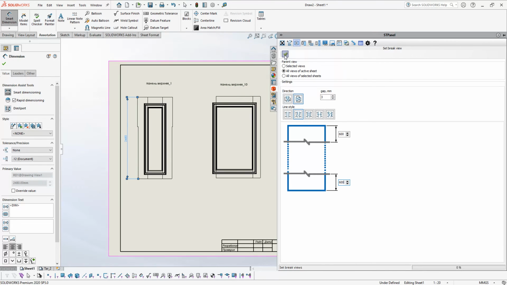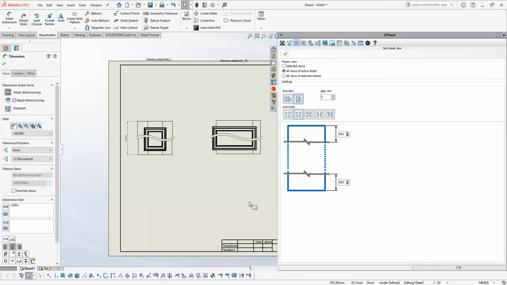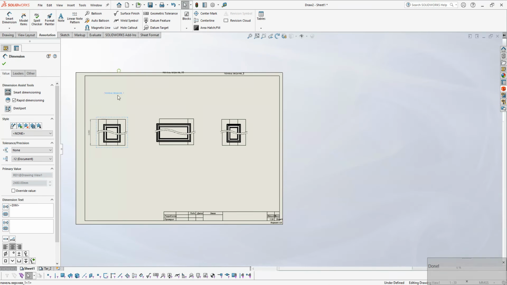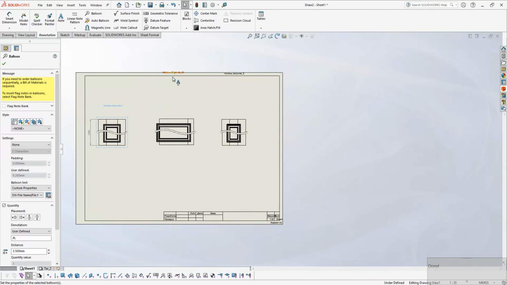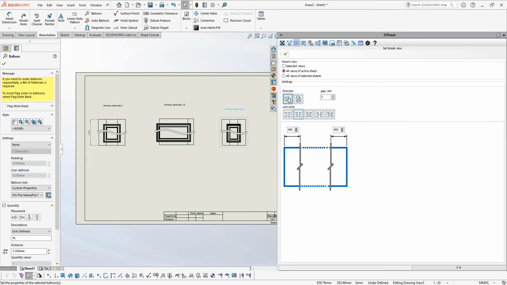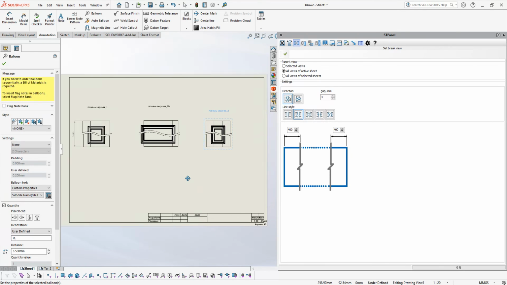After that I can run command, and for all views on active sheet, insert break view. I can insert vertical view too after that,